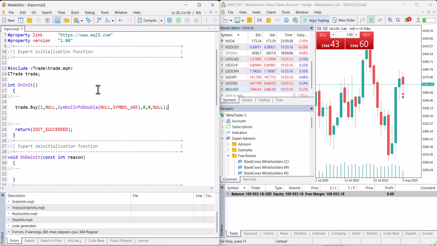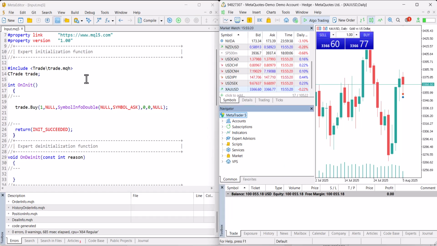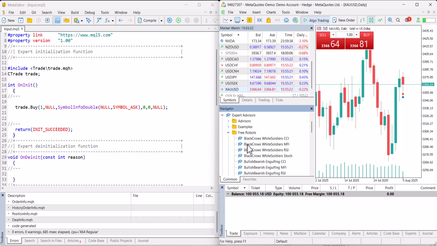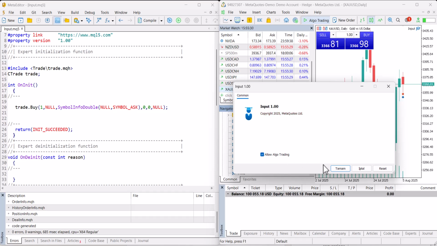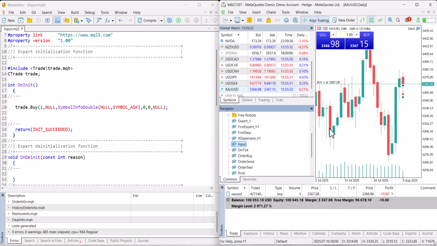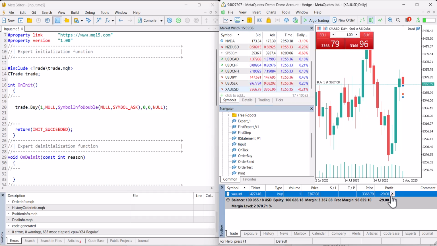So let's send our first algorithmic trading order. The name of this expert advisor is input. When I drag and drop it on the chart, I have to allow algo trading. As you see, it opened a one lot buy position on gold, with no stop loss, take profit,